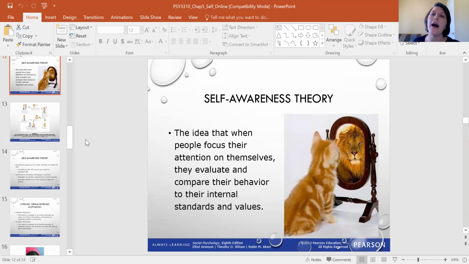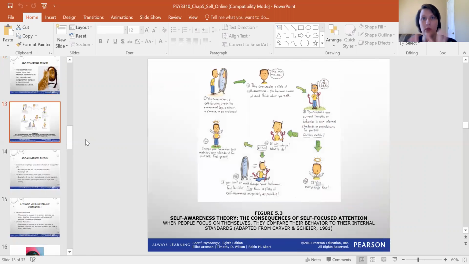And are you on track with who you want to be? Well, of course, and this is sort of a little schematic here, this idea that if you are caught in a mirror and you see yourself, or see yourself in a video, or hear a recording of yourself, this puts the spotlight on you, right? It's a cue in your environment,